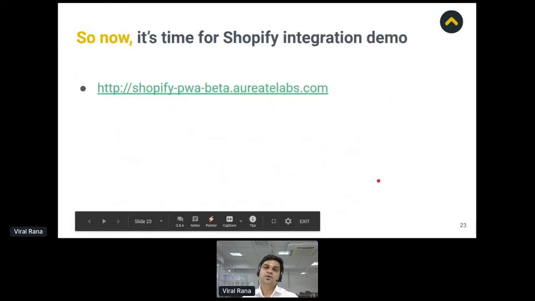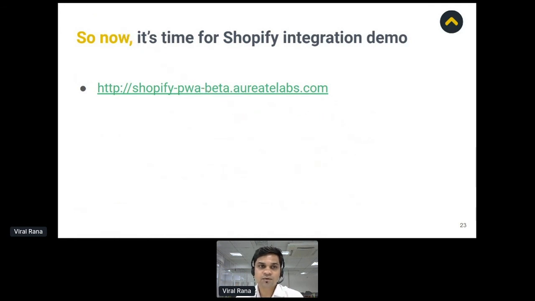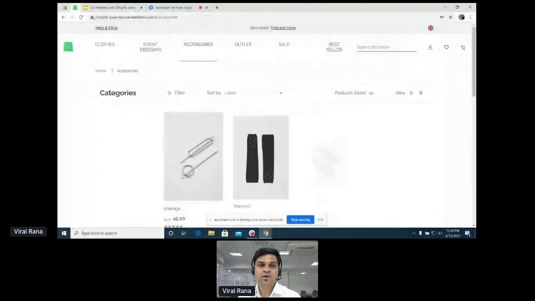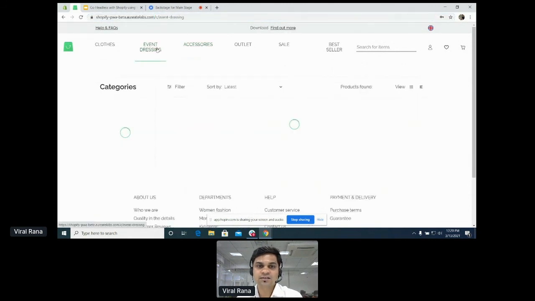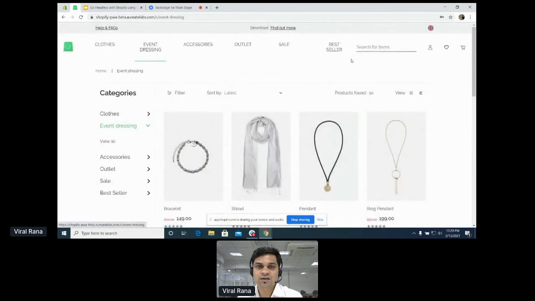So now it's time for the Shopify integration live demo. So let's see the demo. Let me quickly share my screen. Okay, so it's time for the live demo. You can see the demo is currently running on shopify-pwa-beta.oriatlabs.com, and here you are seeing all the categories available, and all this data is coming from